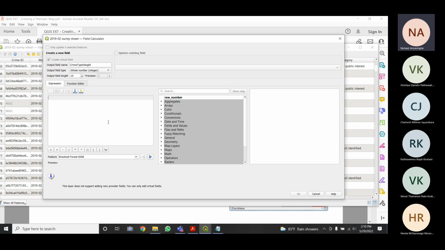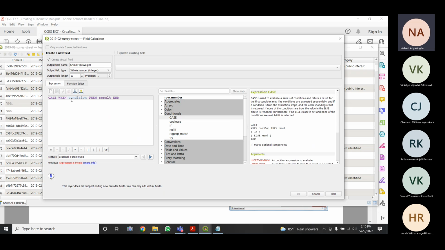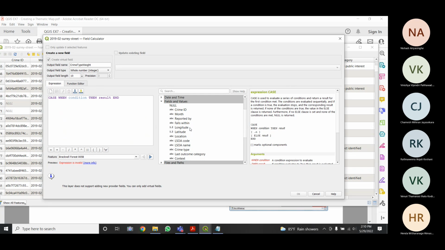So what I'm going to write here is a condition, right? So you can select the conditionals from here. Double click on case, case when. So here you have to write the condition, then the result, right? In the condition I'm going to check the crime type.